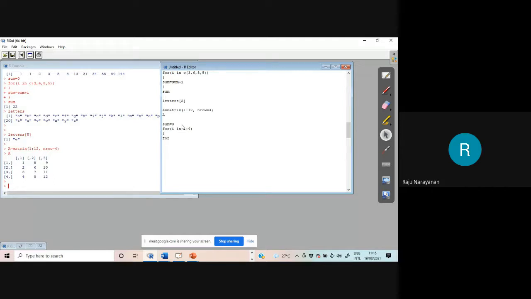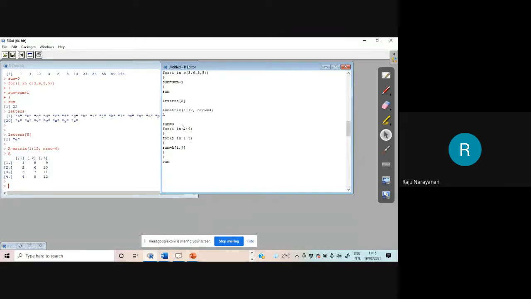Then for J in, how many columns are there? 1 to 3. You can use n row, n column, etc. No problem. Okay, and the other loop is starting. What is sum? Sum is equal to A, this is how we type, index I comma j. You have opened 2 brackets, therefore you have to close.